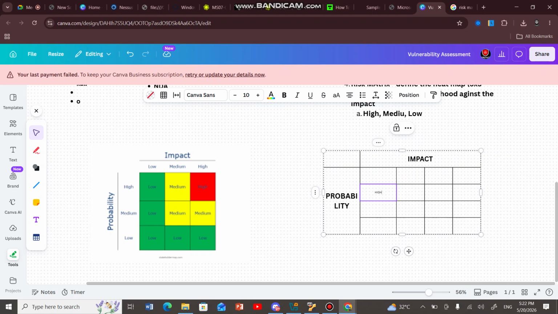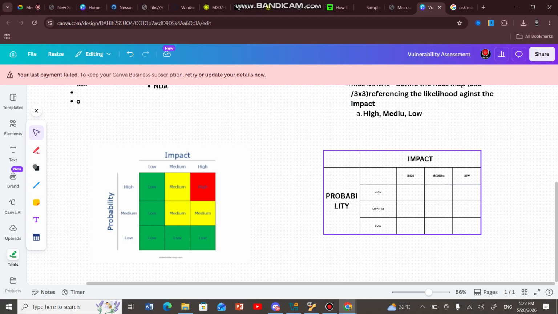So let this be high, let this be medium, and let this be low. Good. So now we have a matrix of impact against probability. What do we want to do now? You see,